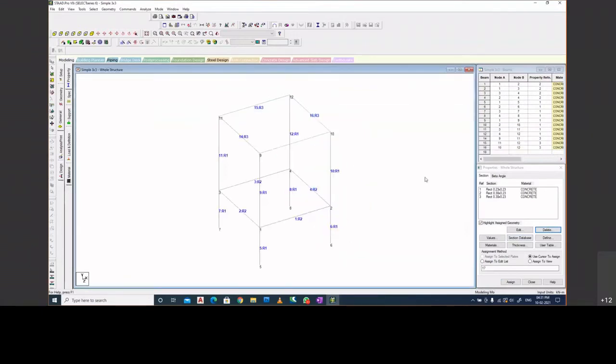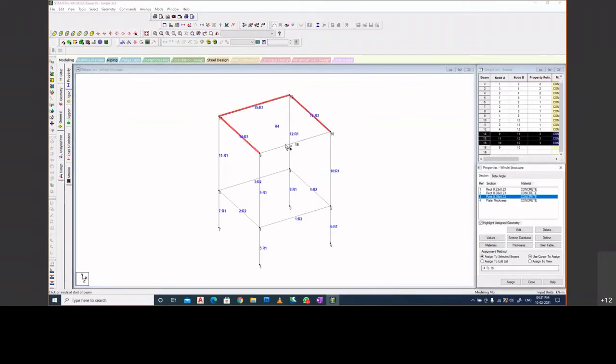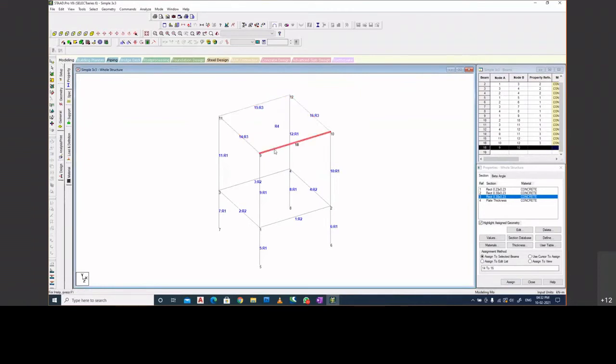So let me just undo it. So the property is back, and although it is not assigned, let me assign it very quickly. Let me use the plate cursor to select the plate and then click on assign to selected plates and click assign, click on yes. Also, we have lost a beam from this end. So let us very quickly draw a beam from node 9 to 10 and let us assign it property 0.3 by. I'll have to select a beam cursor again because I want to select a beam. R3 assign yes. Fine. This is how it works.